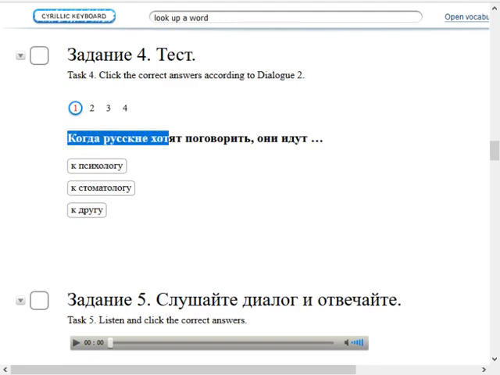Когда русские хотят поговорить, они идут. So when Russians want to discuss, they go к психологу, to a psychologist, к стоматологу, to a stomatologist. I believe this is like a... Stomatology is also a word in English, isn't it? Like stomach, like a doctor who specializes in digestive problems. Or к другу. Well, of course, as the Russian in the dialogue said, Russians go to friends when they want